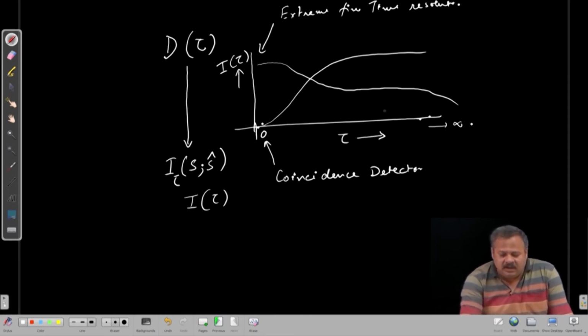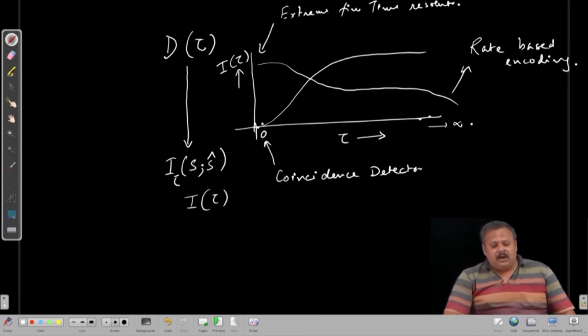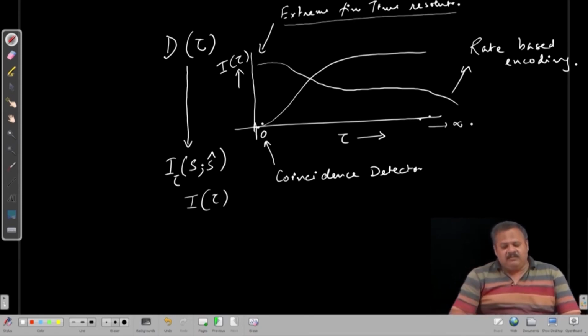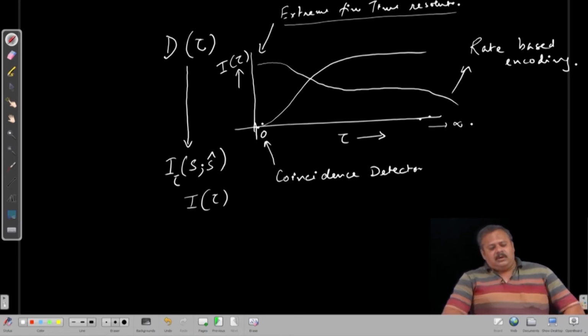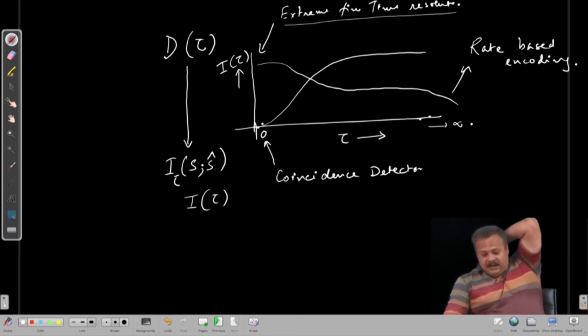And as the tau increases, this is the case of rate based encoding. Why, we will see in a moment. Now, what we mean here by extreme fine time resolution is that the discrimination, or the decoding, is dependent entirely on the spike times. Of course, the number of spikes play a role, but it is the spike times that play the most important